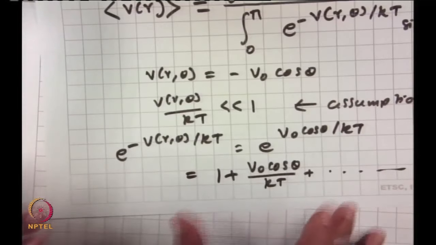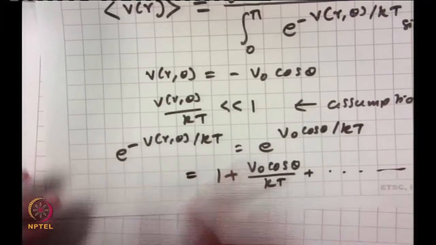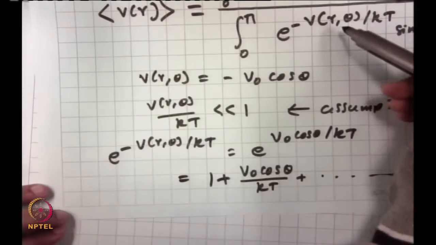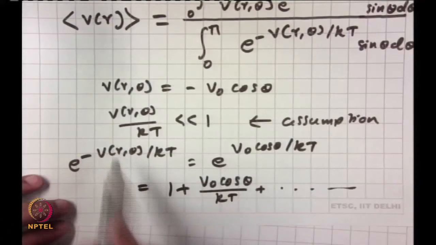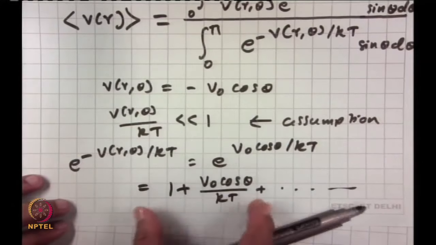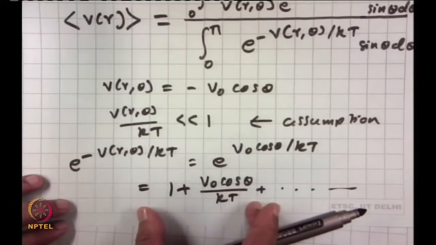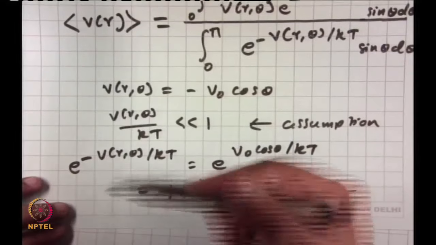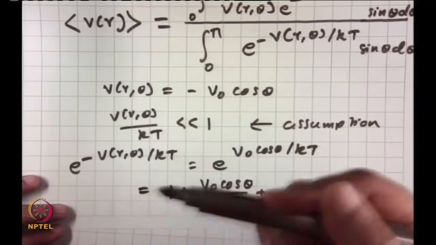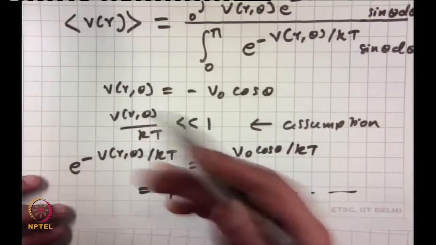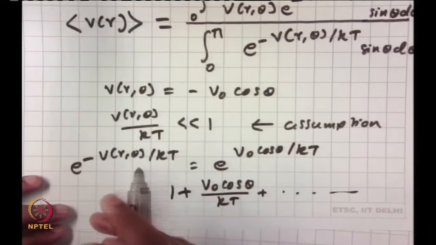right. So, I am making this assumption, and based on this assumption we are simplifying our problem by expanding this in terms of the Taylor series expansion, and we just take the first two terms, 1 plus V0 cosine of theta by kT. This is something you are familiar with by this time, right. We did it for the ion dipole too, remember 1 plus L by r or 1 minus L by r, and we do not consider the other terms, essentially the same thing we are doing. So, take this and put it back in the integral, okay.